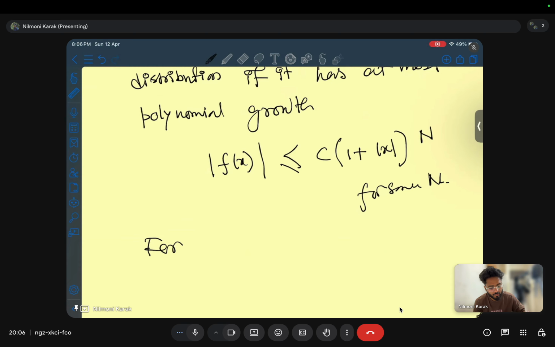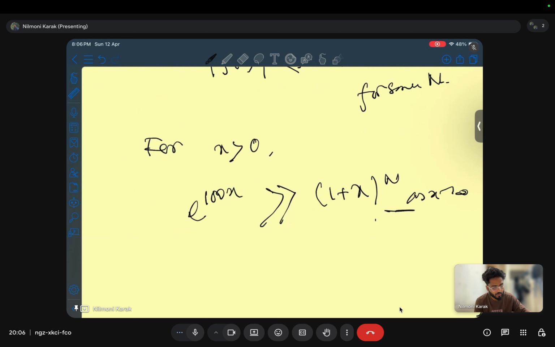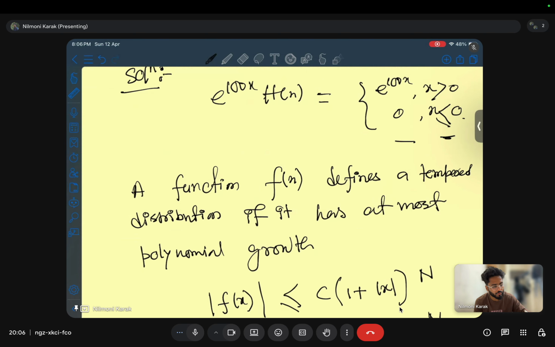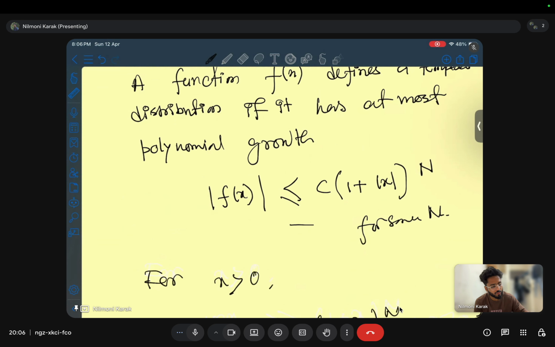So this does not hold, so this is not true. Similarly, this is not true because